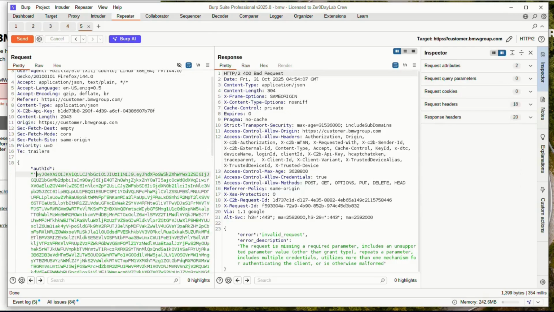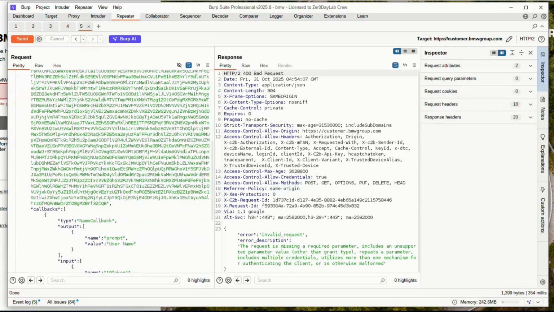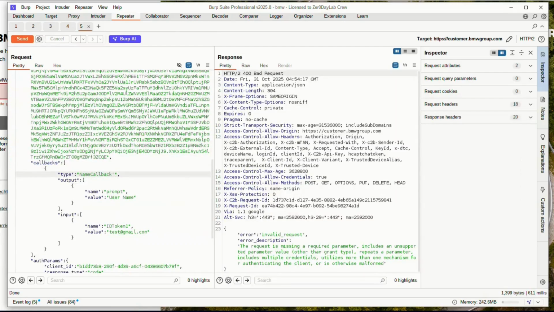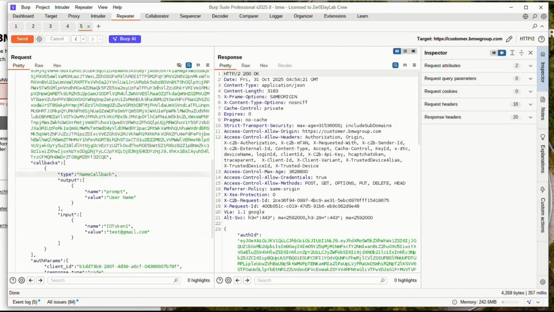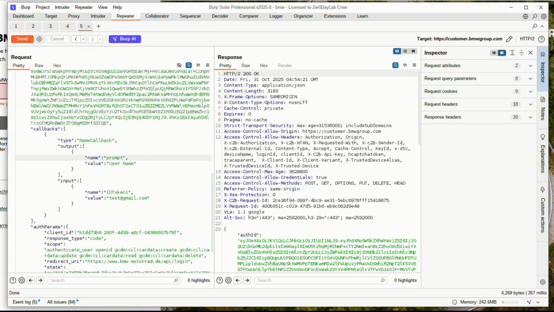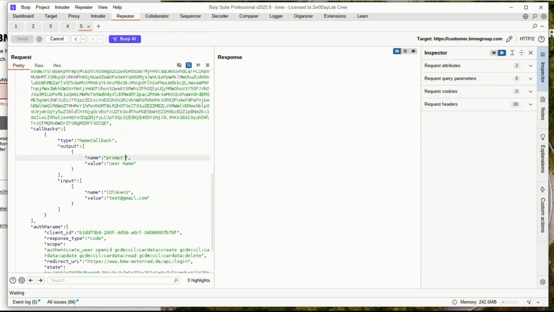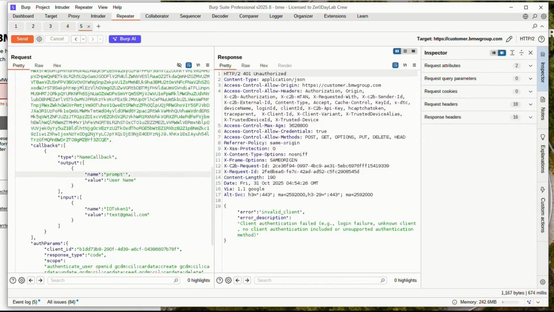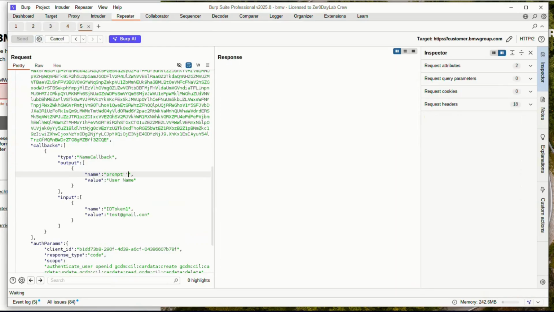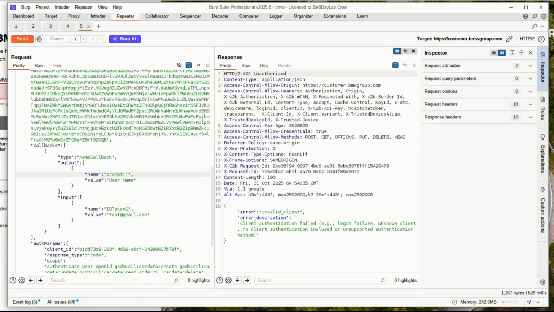Nothing happened. After that, here is the name callback. Let's see if we have any difference. Send, and it's 200. The name is equal to prompt: unauthorized, invalid client, client authentication failed, login failure, unknown client.